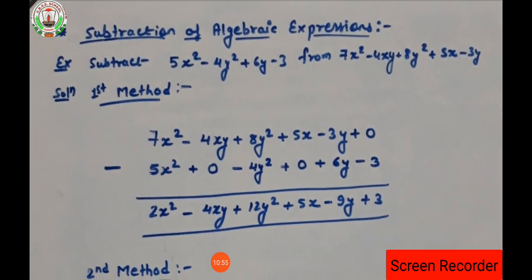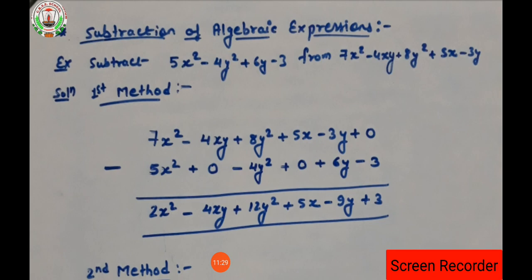Students, why am I explaining the subtraction, addition, multiplication and division? Because these are the basic things which will be required to solve the algebraic equations in the exercise. That's why I am explaining by taking examples, so that it becomes easier for you while solving the questions. Next is subtraction of algebraic expressions. For subtraction also two methods are there. The first method is the column method; as we did for addition, the same way we have to do, but in place of addition we are going to subtract.